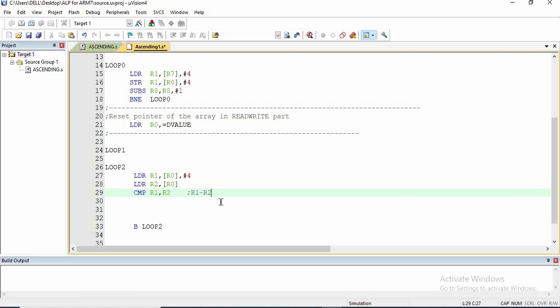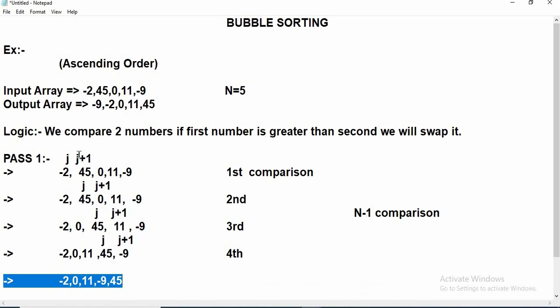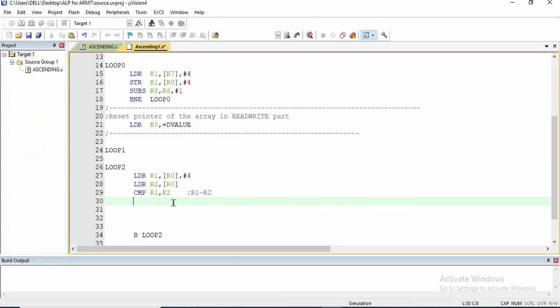If it is 0, it will affect the zero flag. If it is negative, it will affect the negative flag. From here we have two paths. That is, if R1 is greater than R2, we have to swap it. As told over here, if the first number is greater than the second, we will swap it. So we have two paths from here.